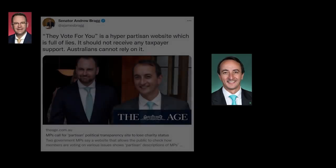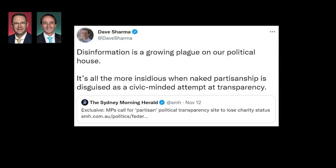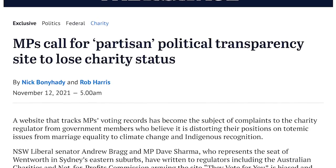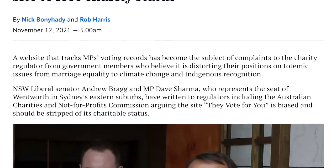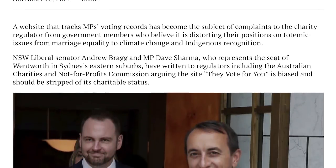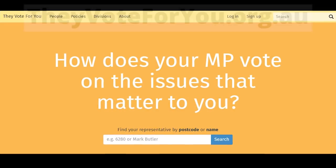A few days ago, two Liberal Party politicians, Senator Andrew Bragg and MP Dave Sharma, had some strong words to say. They Vote For You is a hyper-partisan website which is full of lies. Disinformation is a growing plague on our political house. The tweets referenced an article that was published in the Sydney Morning Herald and The Age, where they basically said that they're trying to shut down a transparency website through regulatory and legal action. The website they're attacking is